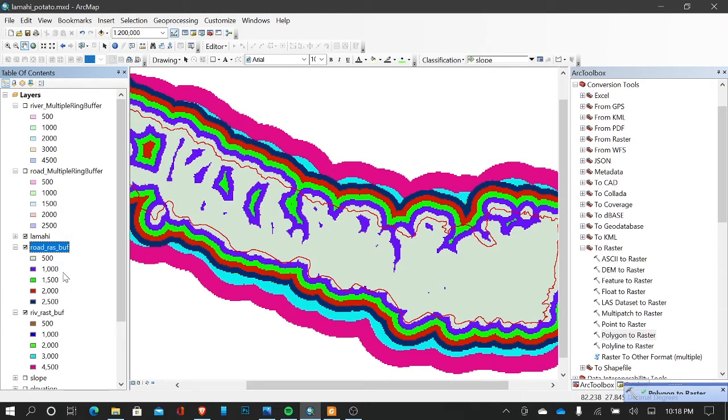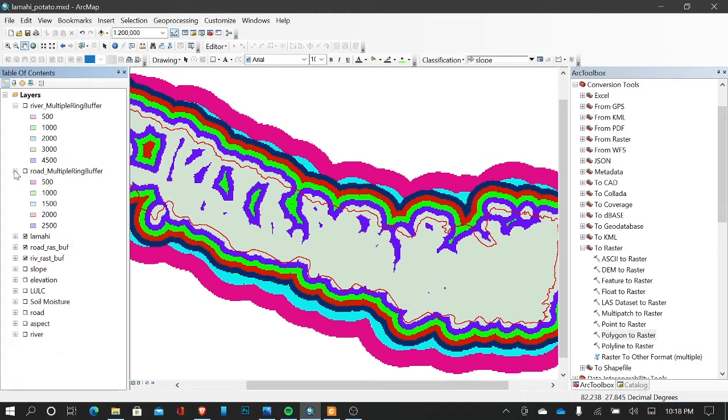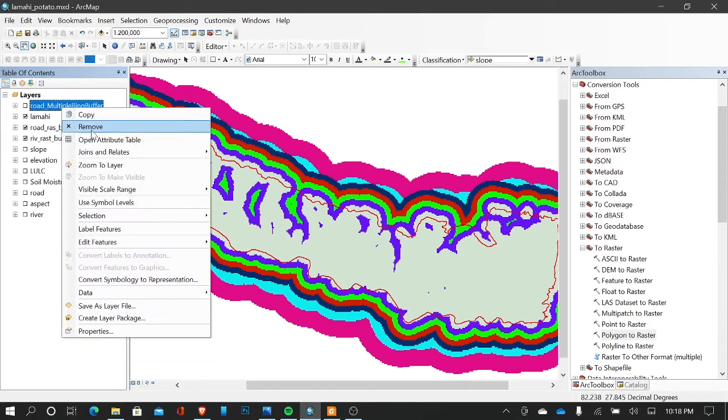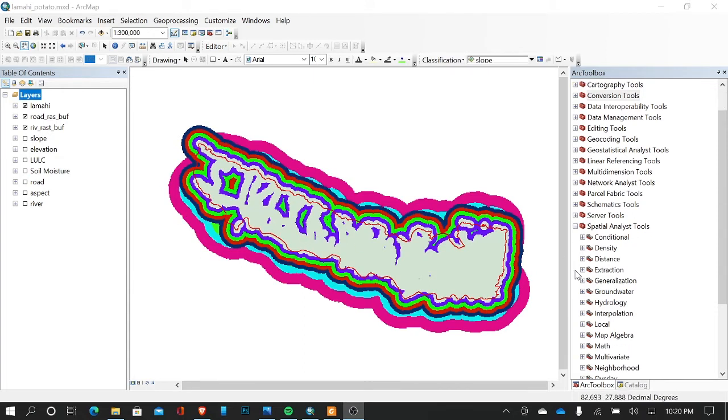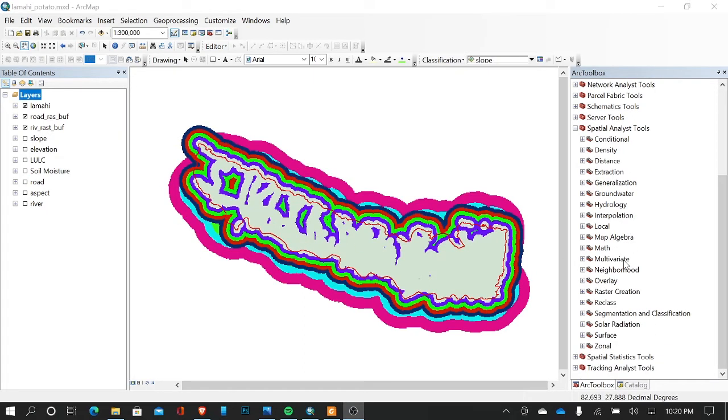Okay, we can see here the road and river multi-ring buffer is now converted into a raster file. So let's remove these unnecessary layers. The next task we are going to do is extract the raster file inside the boundary of the domain. For this we can go to the Spatial Analyst tool,